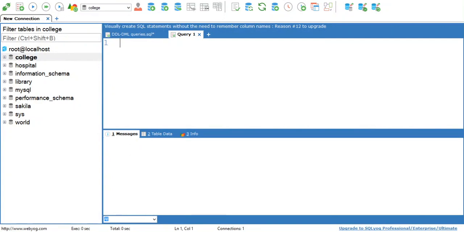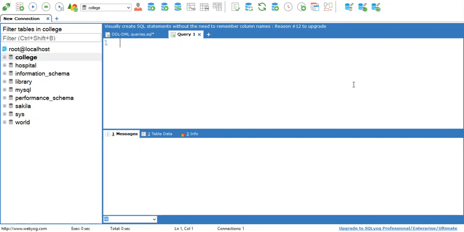In today's session, we are going to execute queries using aggregate functions and the group by clause. In MySQL, aggregate functions are those functions that take multiple values as an input and produce a single value as an output. They are used to aggregate multiple values into a single value. That's why they are called aggregate functions.